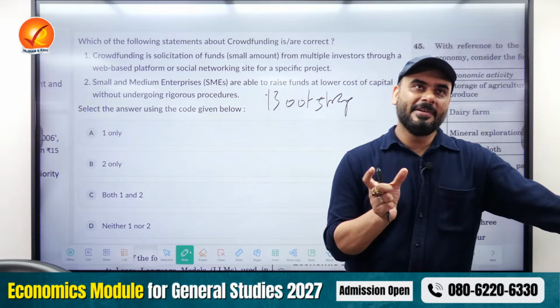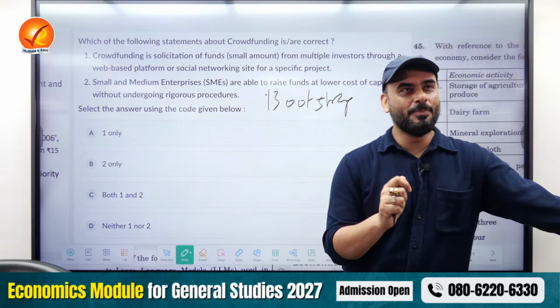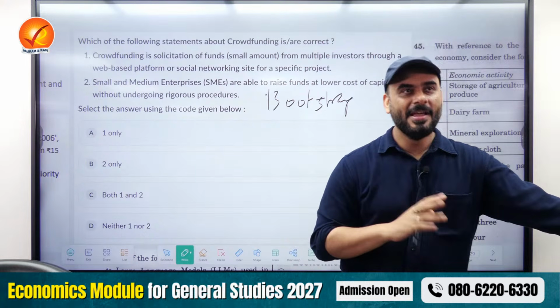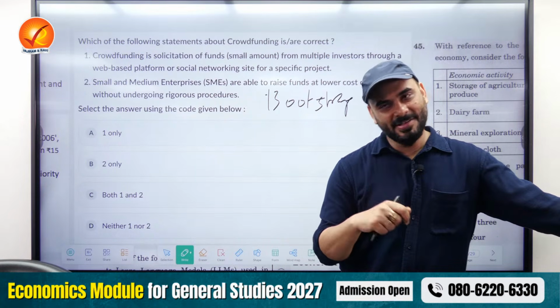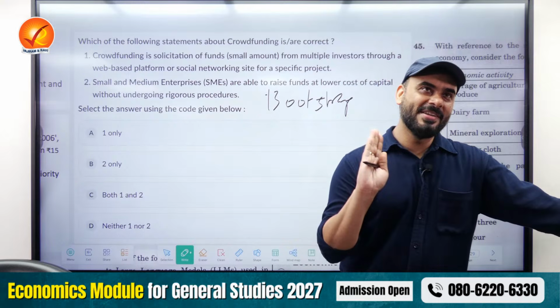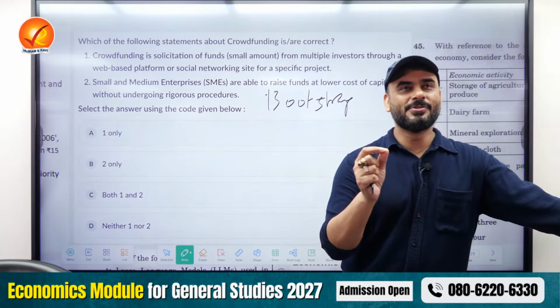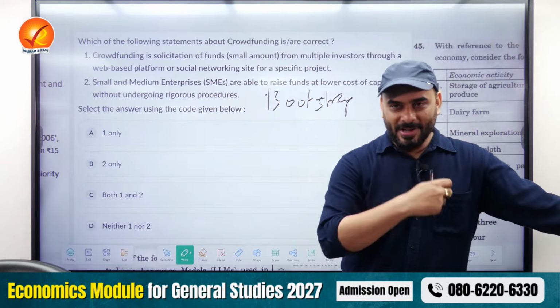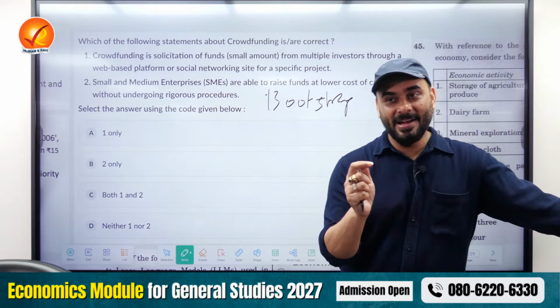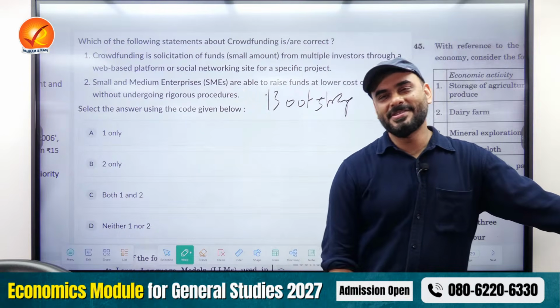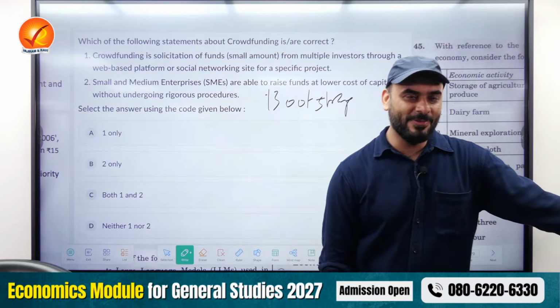Or I can create an app or a portal where anybody who wants to voluntarily contribute to my business can do so, and in return, I can't give you anything. I can just give you good wishes, and if my product is ready later on, I can give you some discount. So what will society do? Society will give small contributions to my company, and later on, when I add them up, it will become a good contribution. That's called crowdfunding. It's a very standard thing which we study in almost every class on startups.